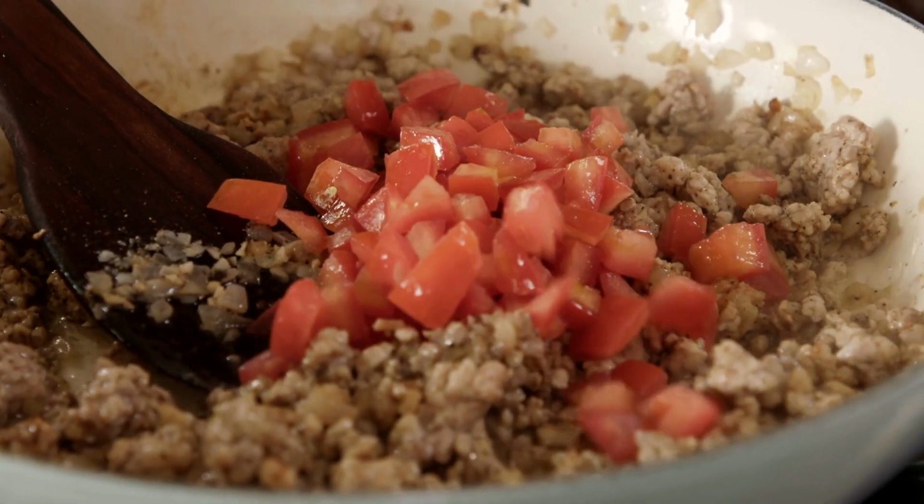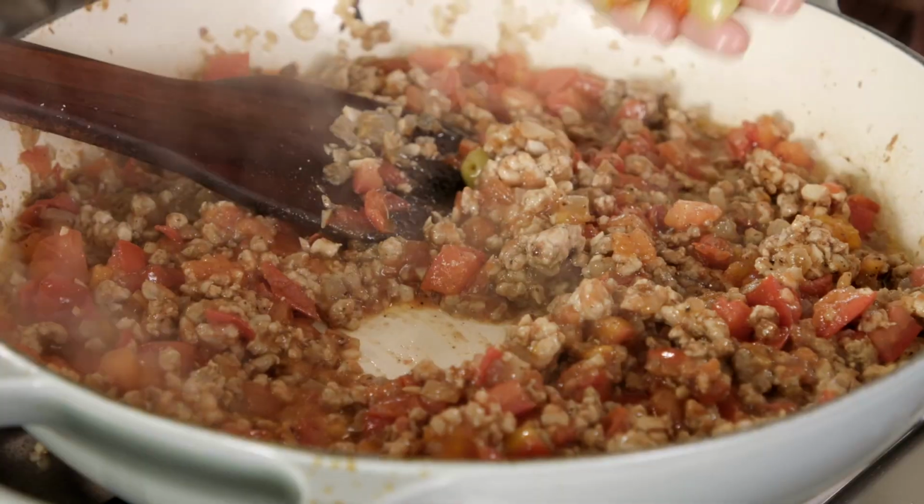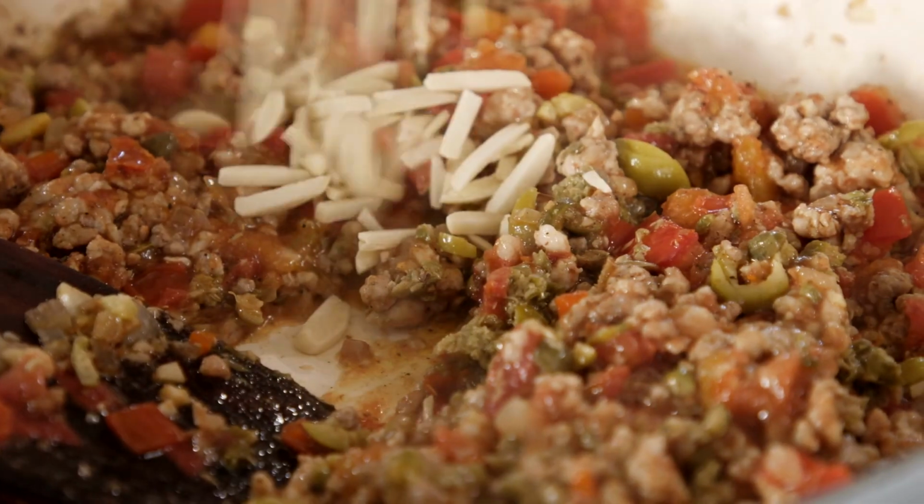A pound of ripe Roma tomatoes, and you really want tomatoes that are so ripe and so juicy that they're about to burst when you hold them with your hand, and they're so juicy that they're hard to slice into. That's what you want. Olives, 3 tablespoons of capers, and a 1/4 cup of slivered almonds, 3 tablespoons of dark